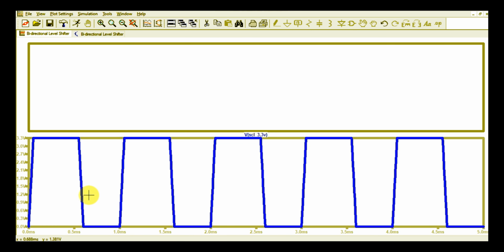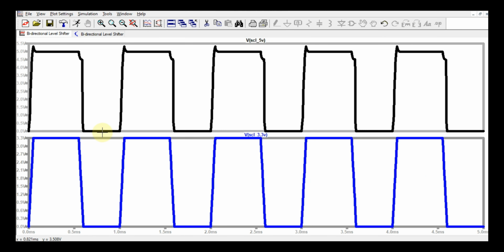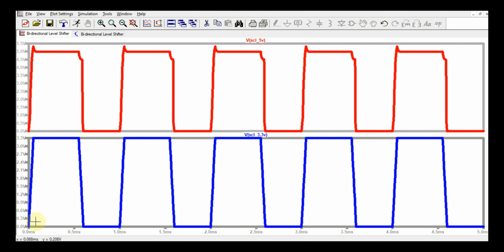You can see the logic level for this is 3.3 volt. Now I will show you the same waveform at SCL 5 volt. Let me click it here. Now you can see the logic level for this SCL 5 volt is 5 volt. So your input is 3.3 volt and on the other side you are getting a logic level of 5 volt. You can also see some overshoot here and undershoot here.